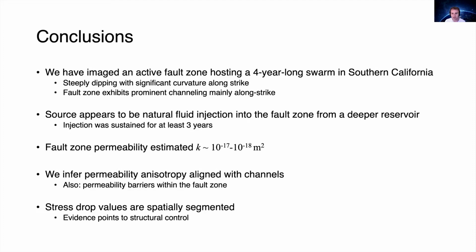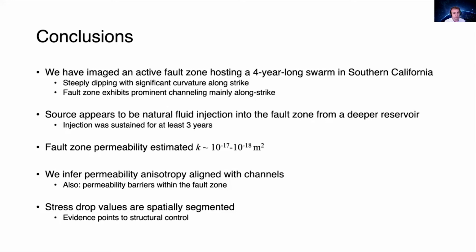And that channeling manifests in the form of high density or alternating high density and low density bands that are coherent spatially along strike. The source for this process, we believe, is some kind of natural fluid injection process from a deeper reservoir into this fault zone. And this process was sustained, we think, for at least 3 years long,